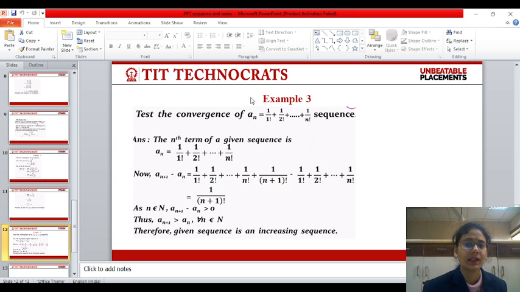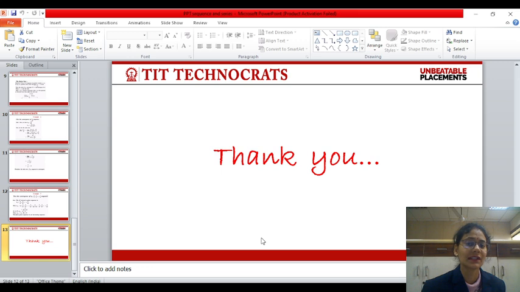Now we have to test the convergence of this sequence. Let us evaluate the nth term here. How will we evaluate? Just take a(n+1) and subtract a(n+1) from an, you will get that this equals 1/an + 1. Now this is definitely the next term is greater than the previous term, so this is an increasing sequence. Now if an is a monotonic increasing sequence, that will definitely be a